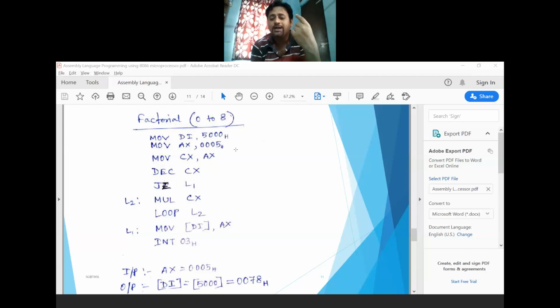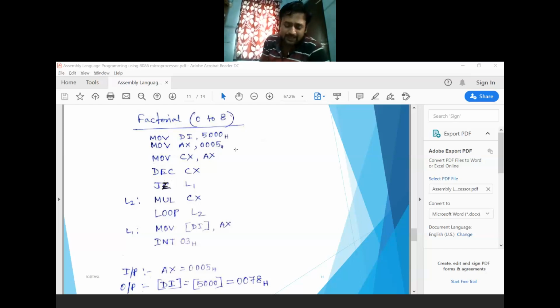Now you have one data byte available and you have to manipulate it so that you can get 0004 from this. And how can you get this 0004? If you decrement this content by 1, you can get 0004. So you don't need to take any other 0004 externally into another register, so that you can multiply 0005 and 0004.